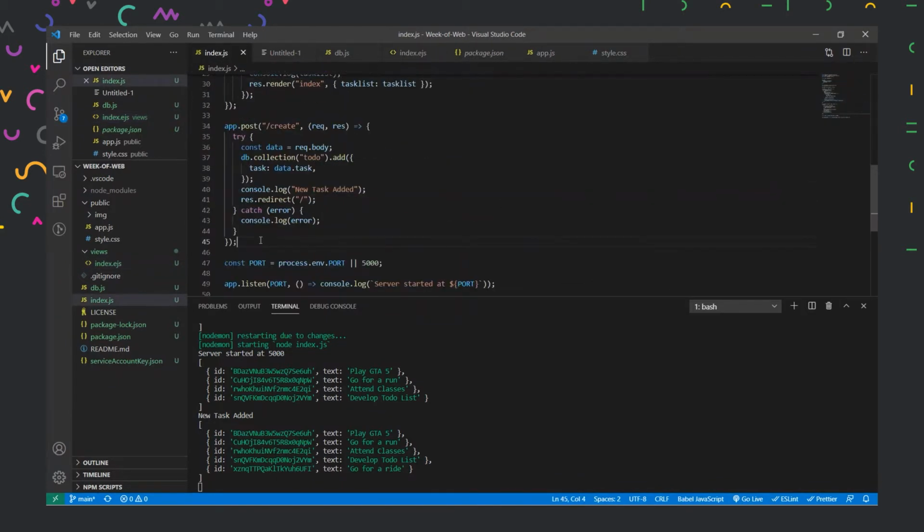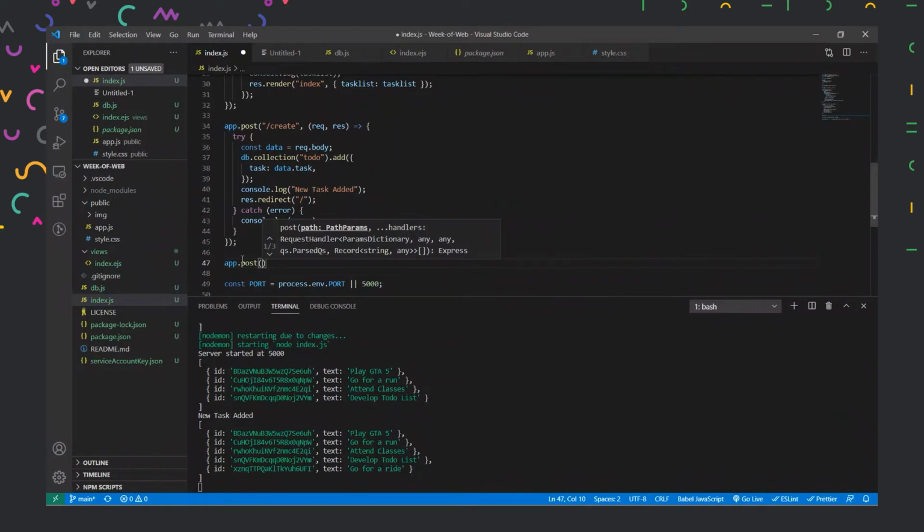So how do we delete an element from our Firestore database? To do that, we will first create a post request, so app.post. What are the two arguments that a post request takes?